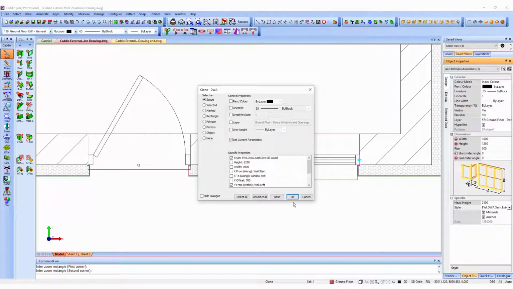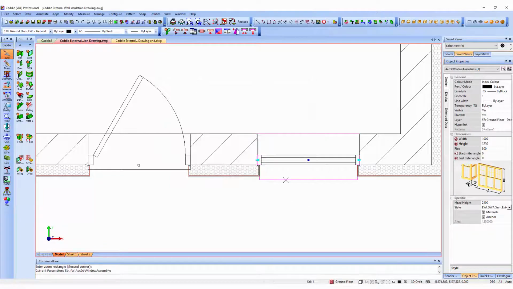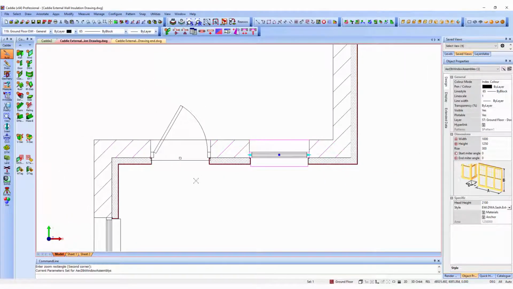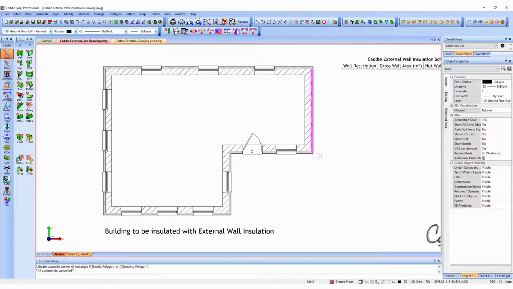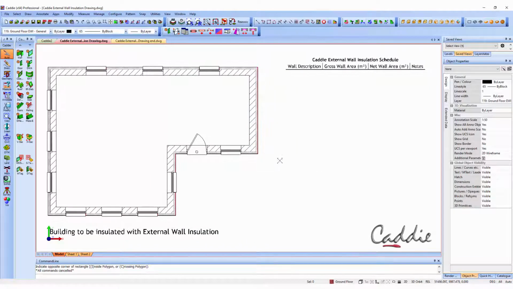We're going to change them all for that, and that will give us all of our windows the same. We can then do a similar exercise with the door, just choosing a style with an appropriate sill. So there is our drawing. We have our scheme there,